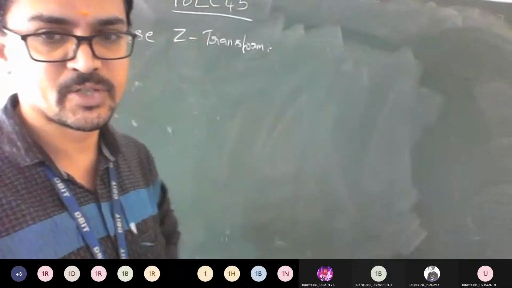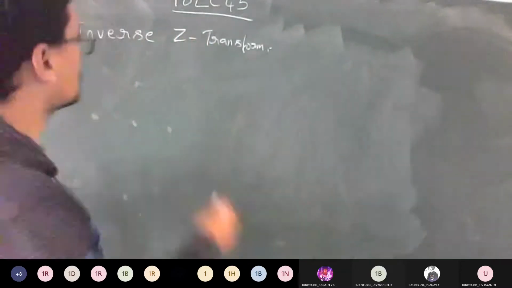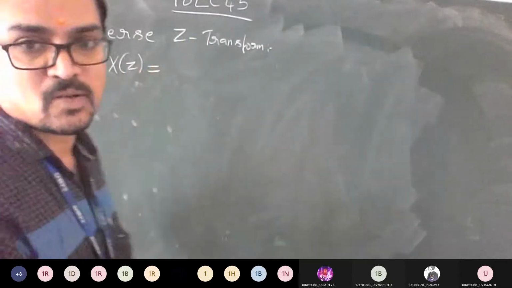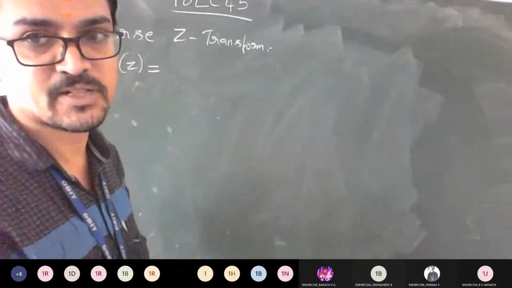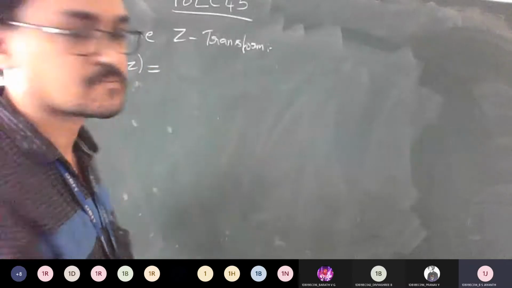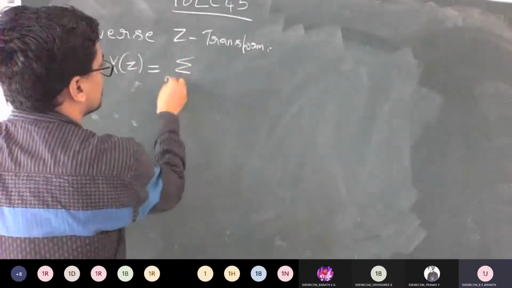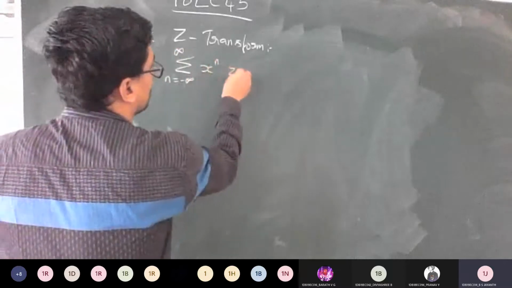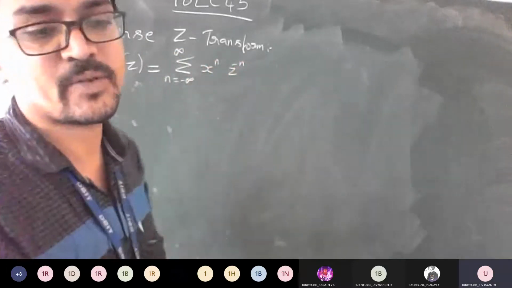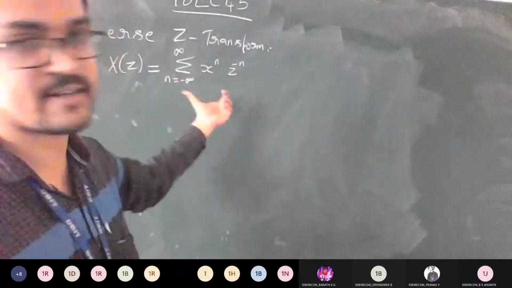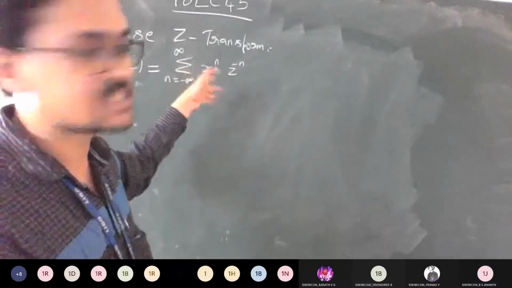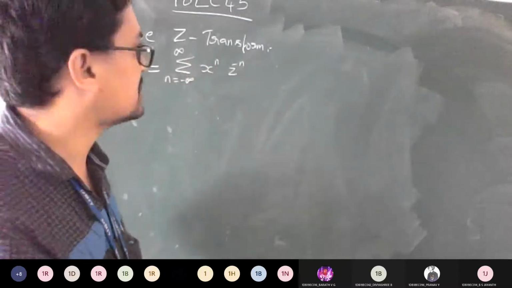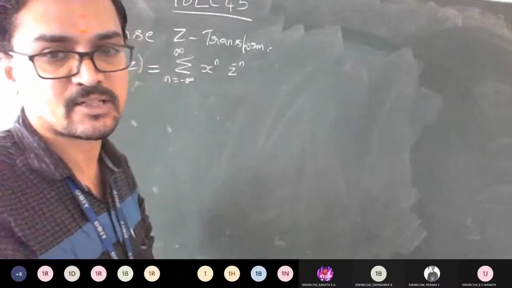So what was the definition you went through with your Z transform, guys? What was X of z? What was the Z transform formula? X of z equals summation of n equals minus infinity to plus infinity x of n into z to the power minus n. Correct? So this was your time domain. You know how to expand this by giving the values from minus to plus infinity. Now we'll incorporate such type of problem using your inverse concept.